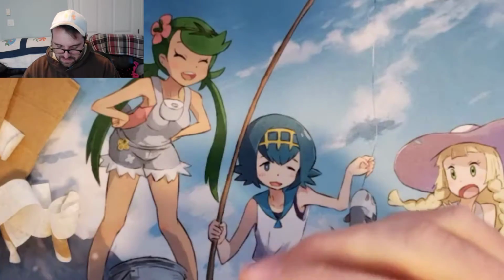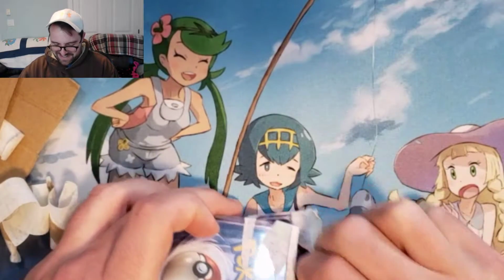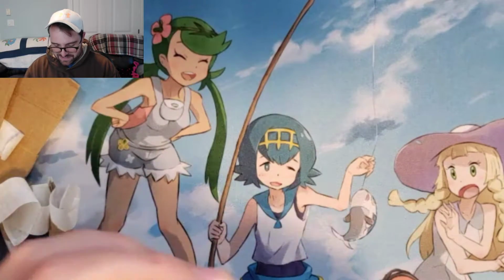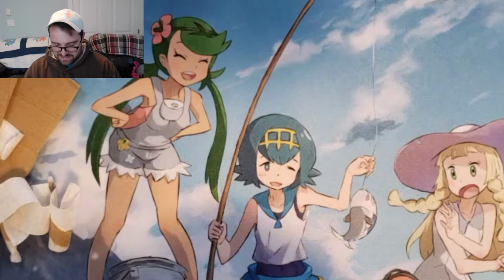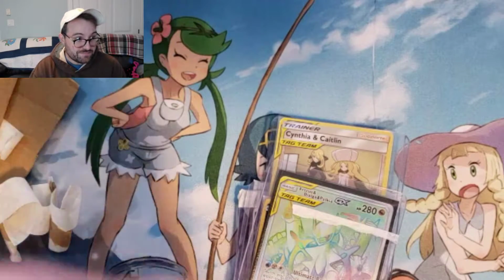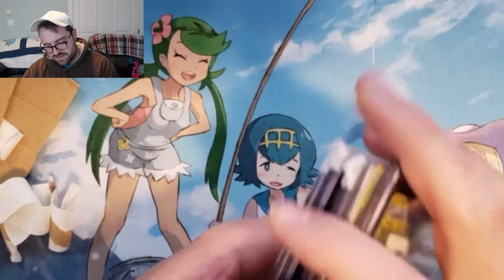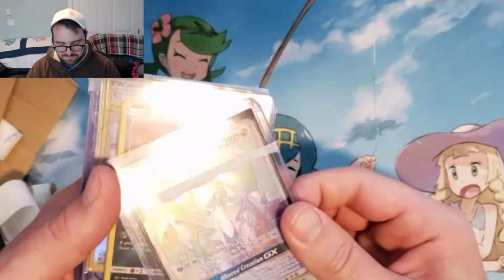We get the ever so sought after and broken in the TCG ADP, Arceus Dialga Palkia. It doesn't seem like he has any sign of slowing down. Only weakness is my Whimsicott, apparently. Might have to look into revamping that deck. See if I can beat up on some